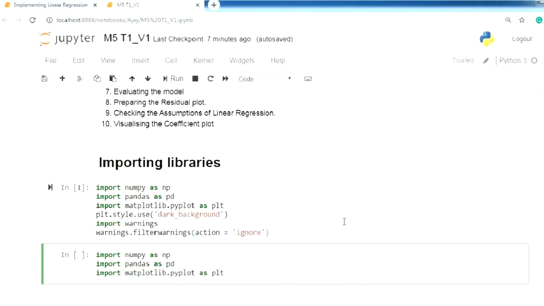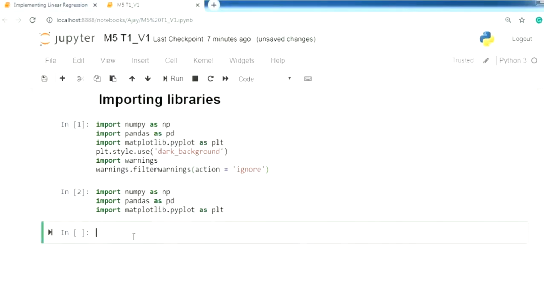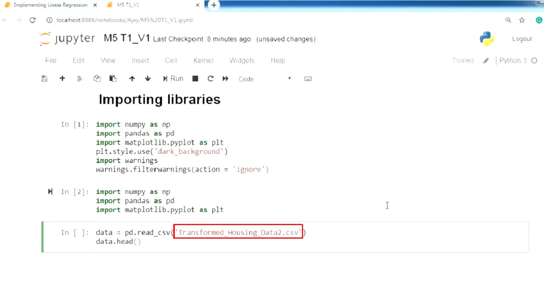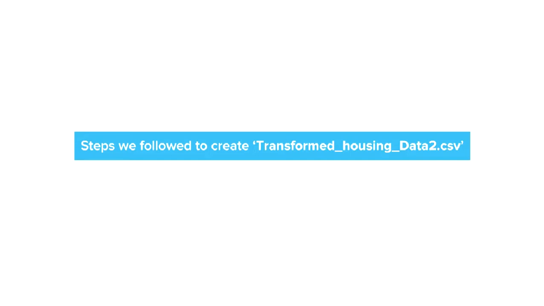We start by importing the necessary numpy, pandas, and matplotlib.pyplot libraries as always. Next, we are importing the dataset transformed_housing_data2.csv as data with the help of pandas.read_csv function. Now, if you remember,